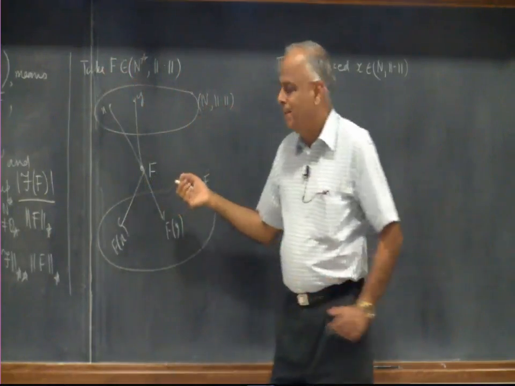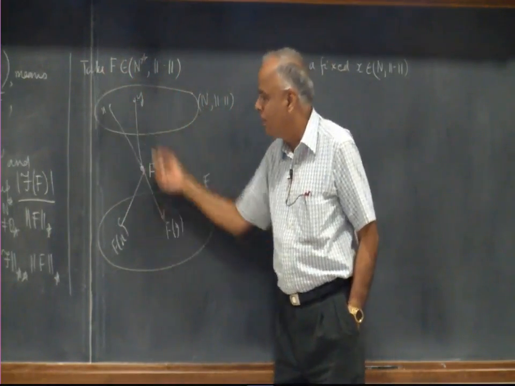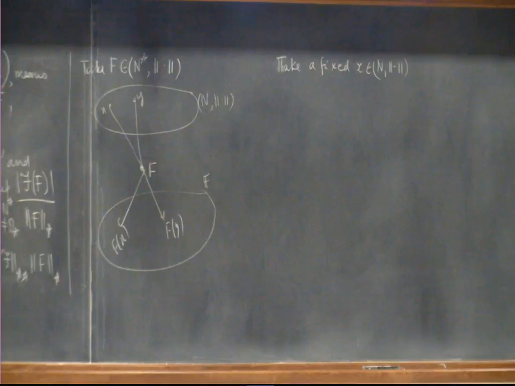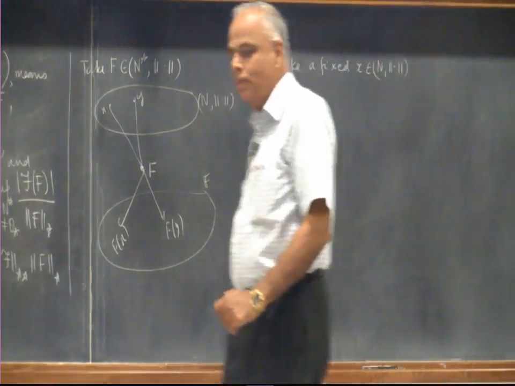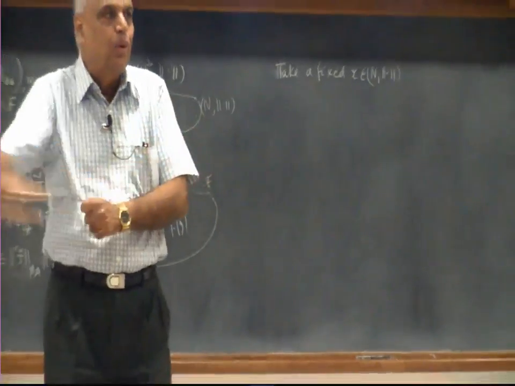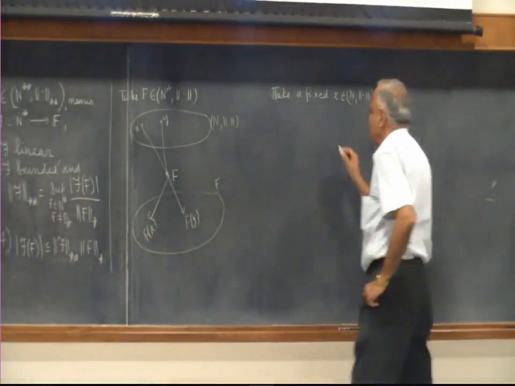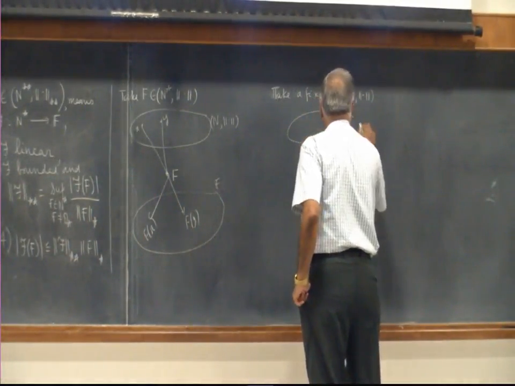It is like, here is a doctor, he is simply measuring the blood pressure of each patient. Okay. The g, if I take another linear functional, he may be measuring the blood sugar of all these patients. So that normed linear space N is like patients and this f, g and h, all these linear functionals are like doctors. Each fellow is trying to measure something with the patient. Now what we are going to do is take a patient and let him go through all the doctors. Okay, so what I am going to do is take a fixed patient and then I am going to take all these doctors.